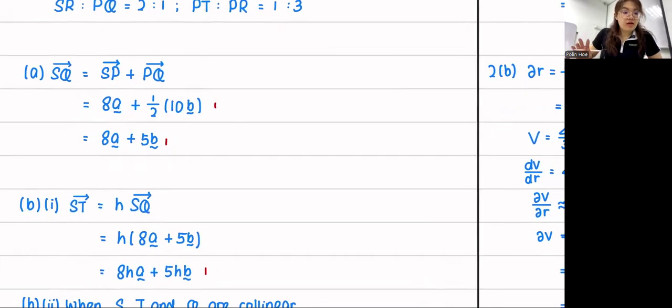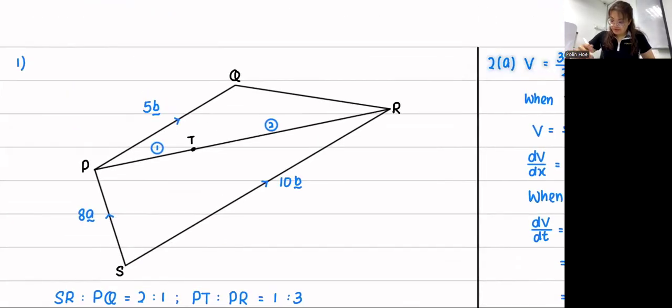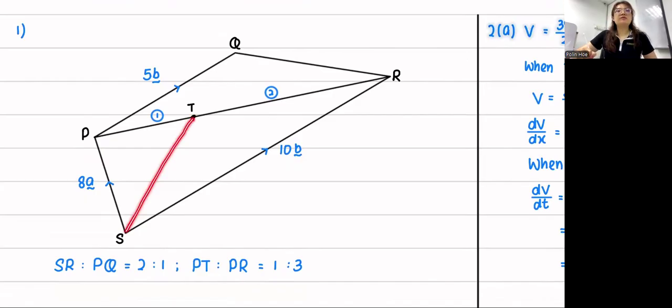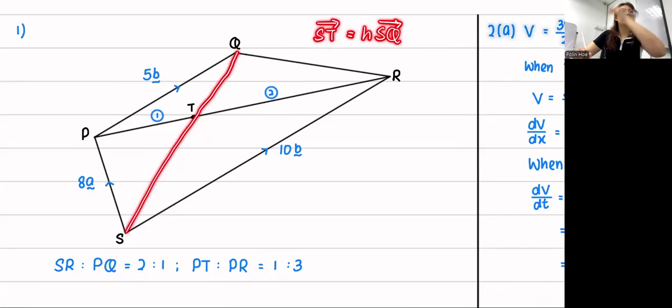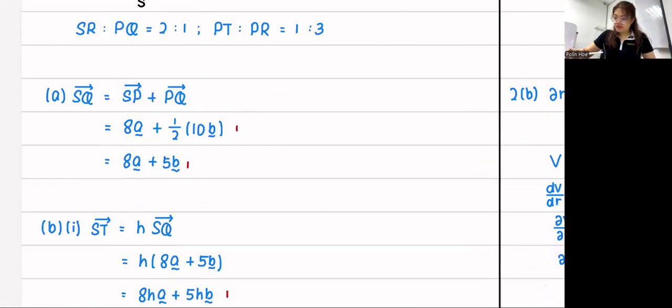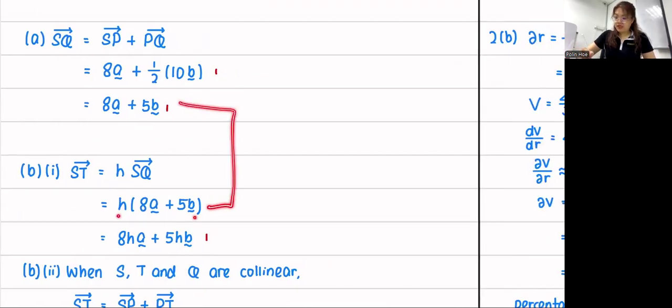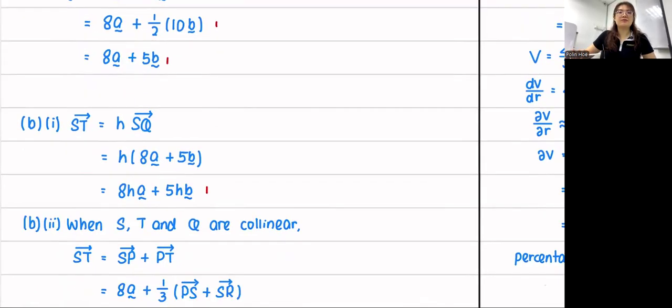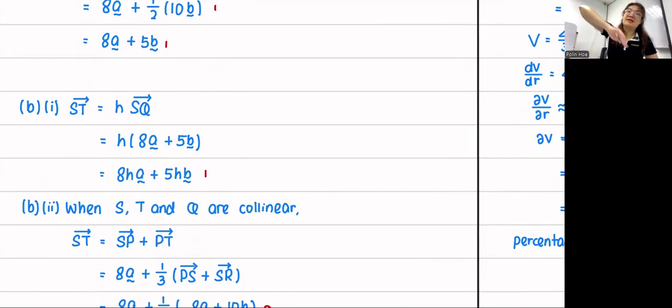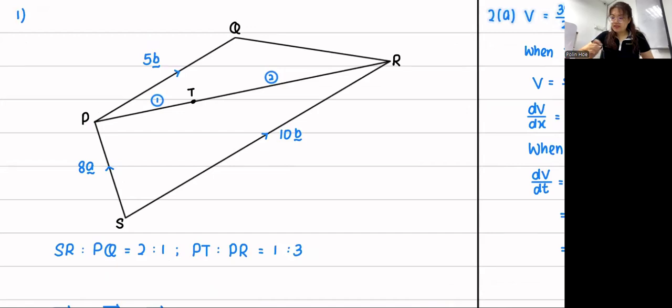Next, 第二个 if ST is equal to hSQ, 的意思就是说 these 3 points lie on the same straight line, 它们是 collinear, 或者我们会用那个字 parallel. So you just substitute the value inside. What is your h? And then your SQ from part a, you get the answer. After that, express ST in terms of h, a, and b. So b part 1 we settle. Part b, find the value of h. If S, T and Q are collinear, 刚才我就跟你说过了。Okay, they lie on the same straight line, 在同一条线上。